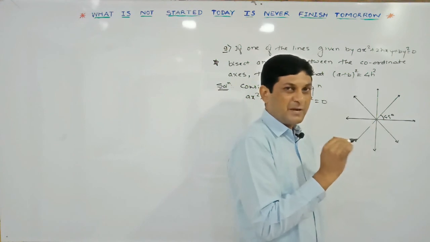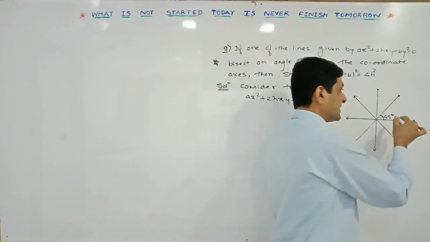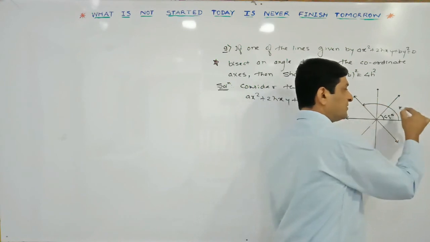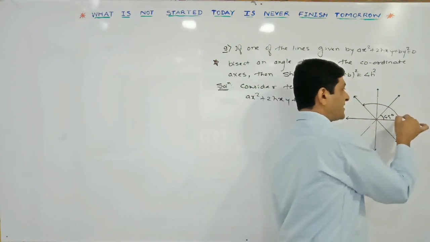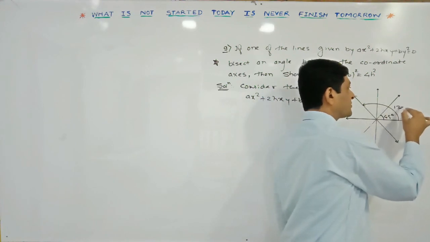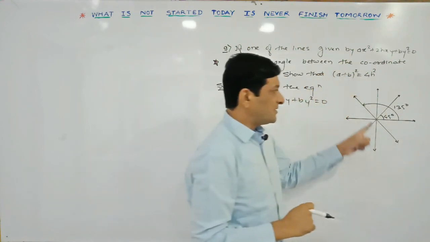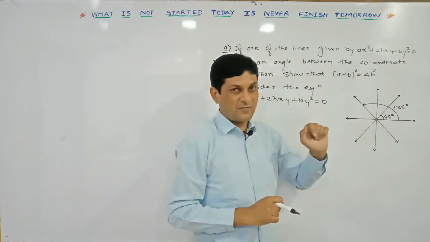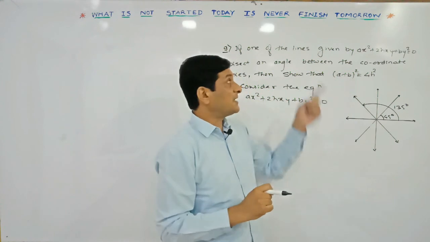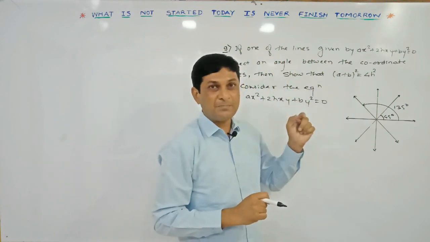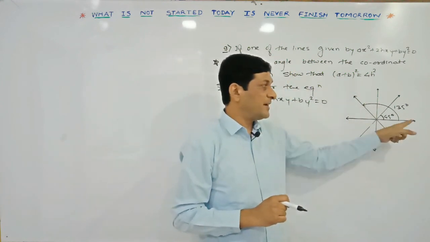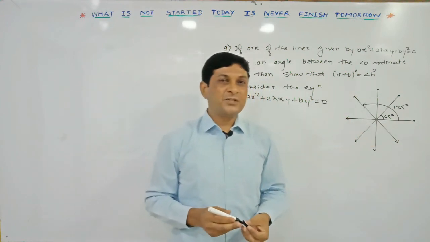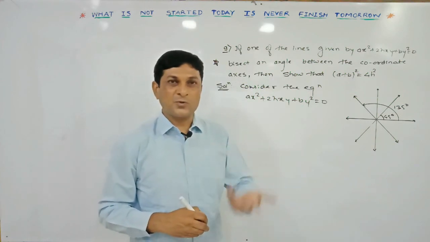Inclination means what? The angle made by this line with the positive direction of the x-axis in the anti-clockwise direction. 90 plus 45 will be equal to how much? 135. In this case, using the given condition, we are able to find the inclination of a line. Using which given condition? That the line represented by this equation bisects the angle between what? Coordinate axes. So since inclination can be found, using inclination we are able to find the slope also,